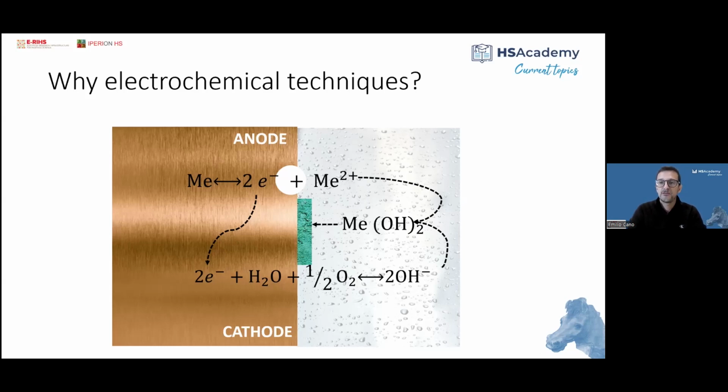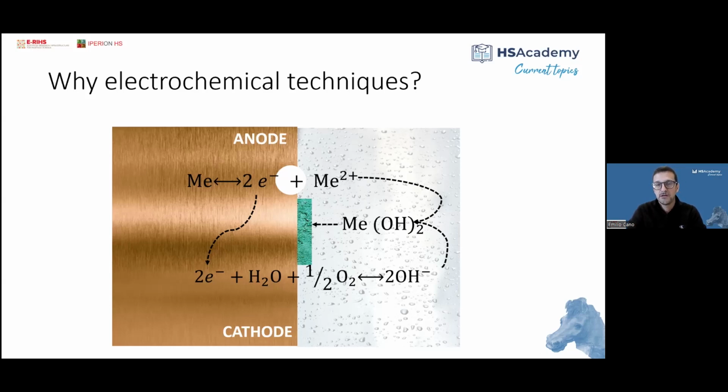Within that layer of electrolyte, we have two types of reactions. First, in some areas of the metal that behave as anodes, we have the oxidation, the dissolution of the metal, forming metal cations and producing electrons. These electrons are used in the cathodic areas of the metal